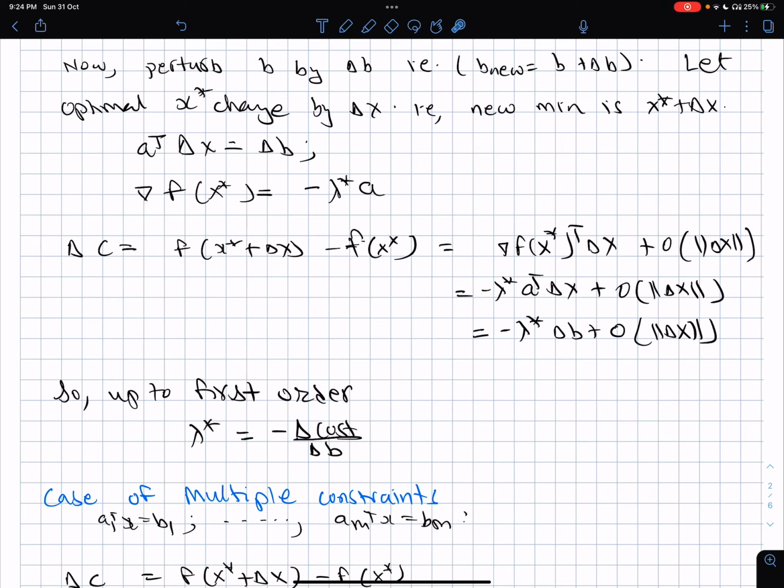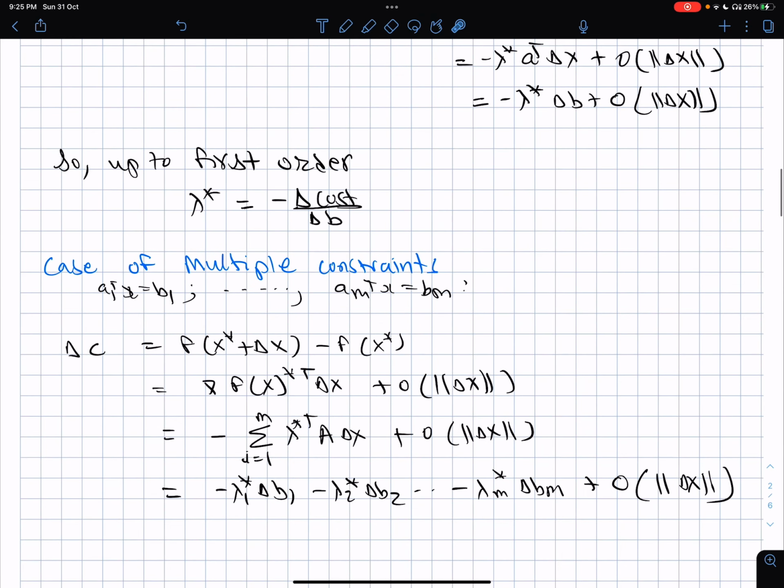This is the reason why I have said, I think earlier also, that many times in economics and OR, Lagrangian multipliers are also referred to as a price vector, because this is cost per unit quantity. So cost per unit quantity is effectively a price vector. All right, so this was with a single constraint.